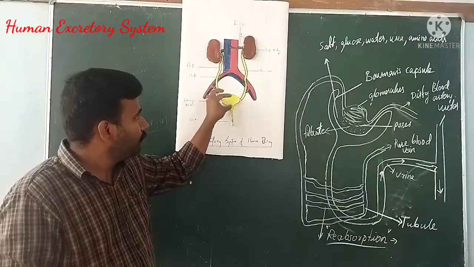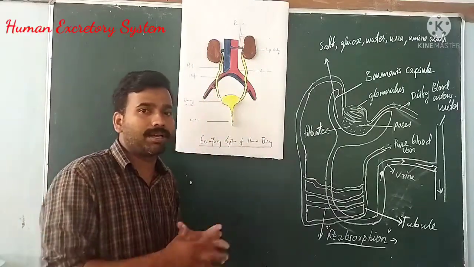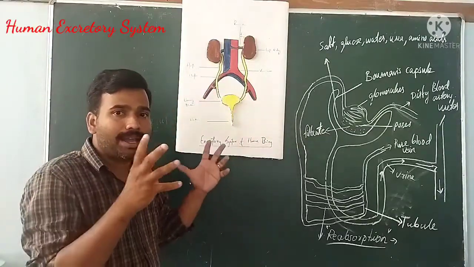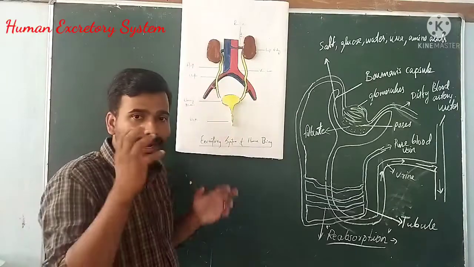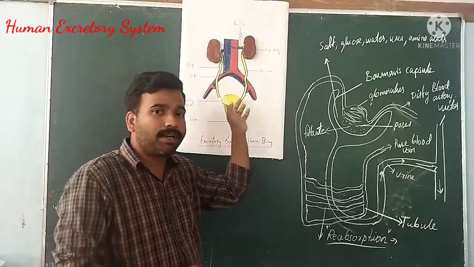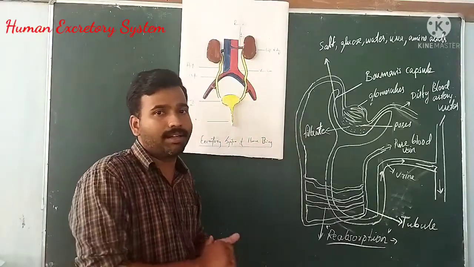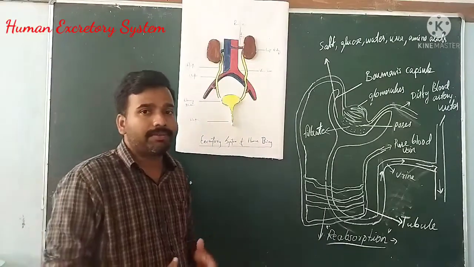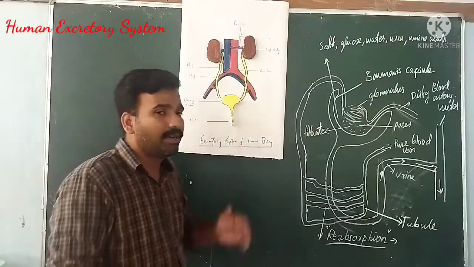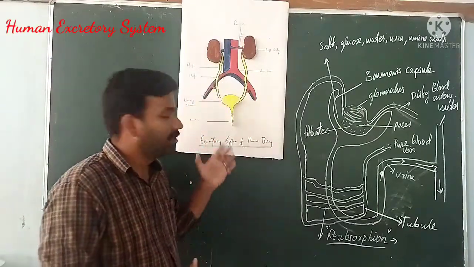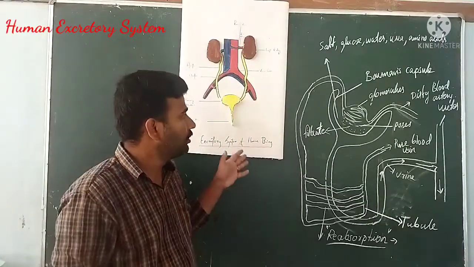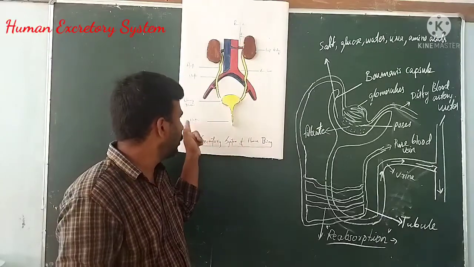So the urinary bladder is a kind of muscular organ that can expand and contract, and it can collect and store urine for a long time. The muscles of the urinary bladder are connected to the central nervous system, your brain. Whenever the bladder is almost full, the brain will trigger the signal: now is the time to urinate. That will help you eject the urine out through the urethra.